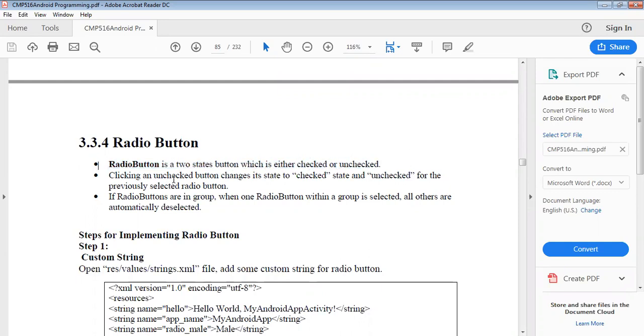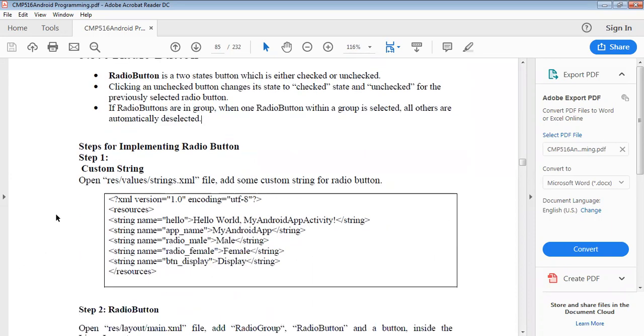Clicking on an unchecked button changes the state to checked, and unchecked for the previously selected radio button. If radio buttons are in a group, when one radio button within a group is selected, all others are automatically deselected.